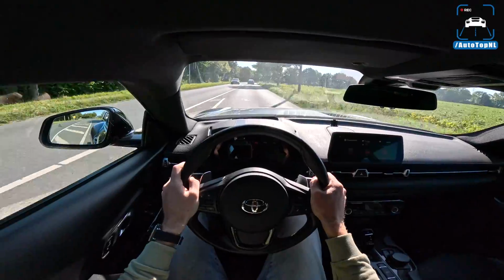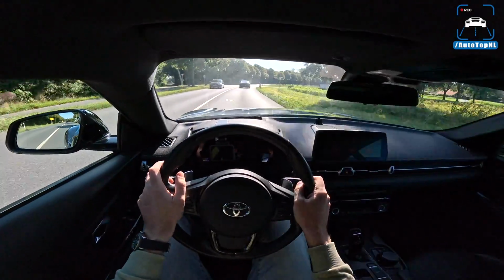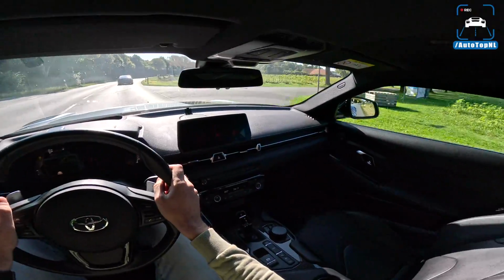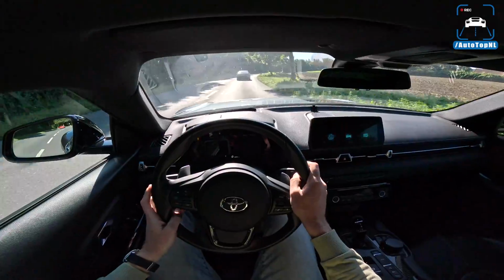Incredible. It is just all over the place. It's fine as long as you know to expect that rear end stepping out everywhere. But it is just so much fun. It's